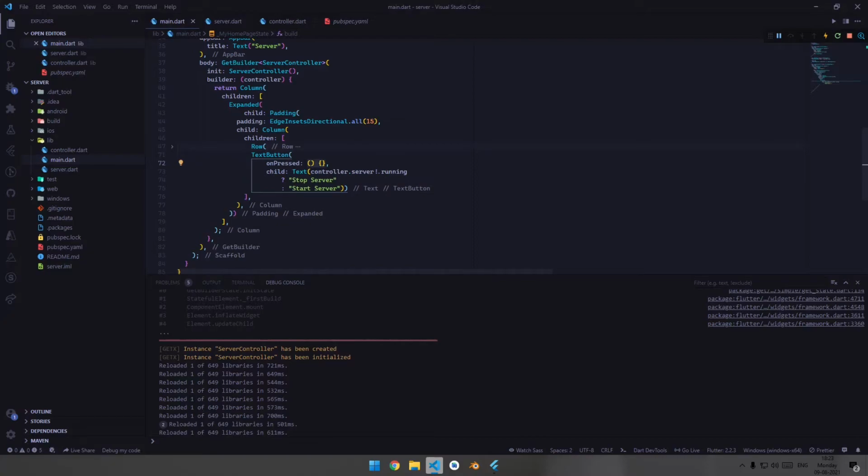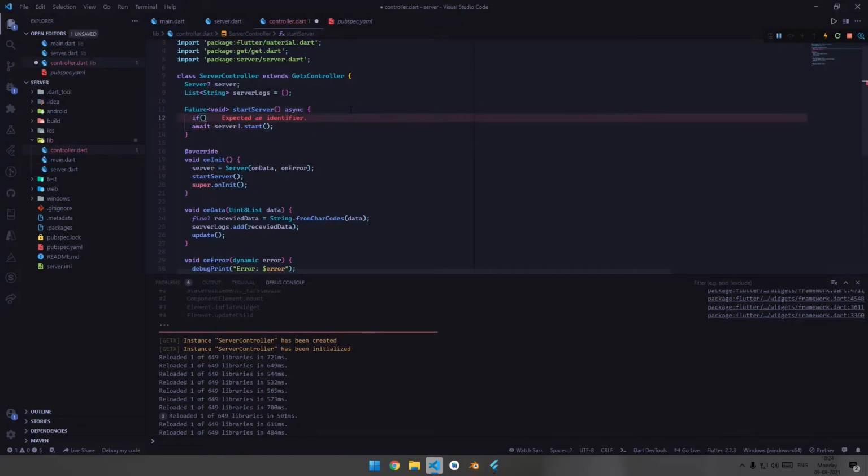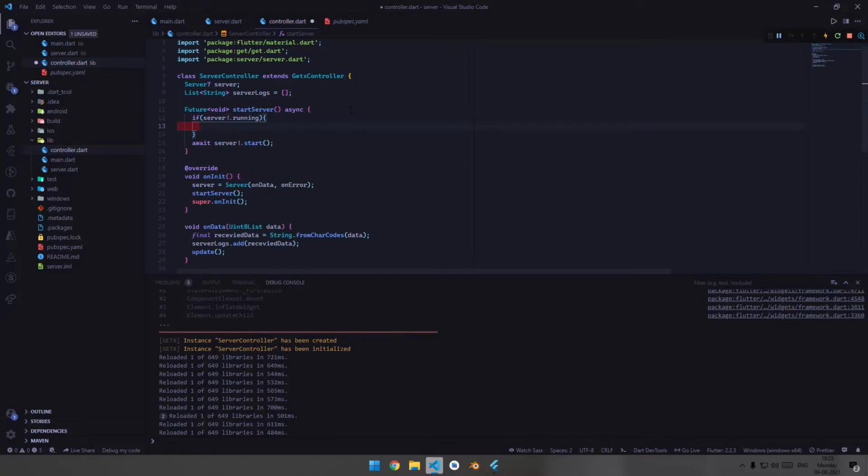So now let's declare the function for this when we click for stopping the server. Okay. So now when the server is already running, we will be closing it, else we will be starting the server, right?